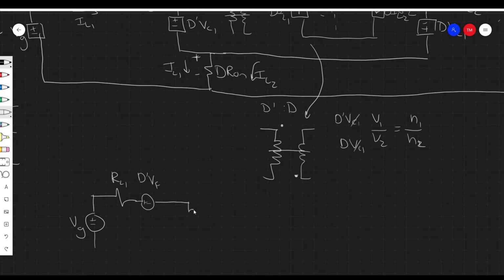And this is connected to a transformer whose bottom terminals are connected together. So we have this DC transformer, inverted dots, with a turns ratio of d prime to d. At the bottom of this transformer, we have a resistor, dR on,